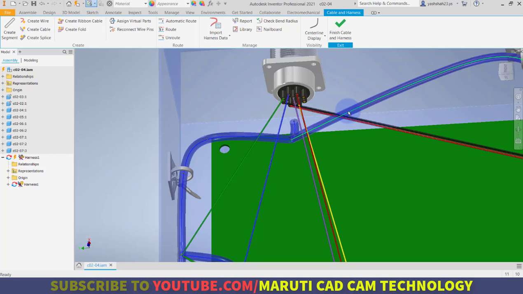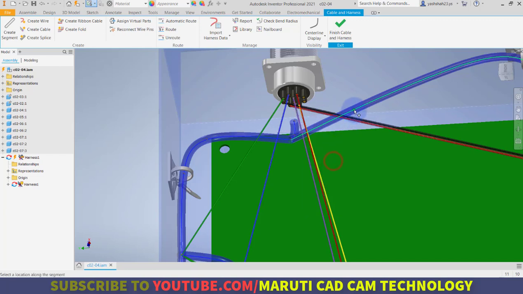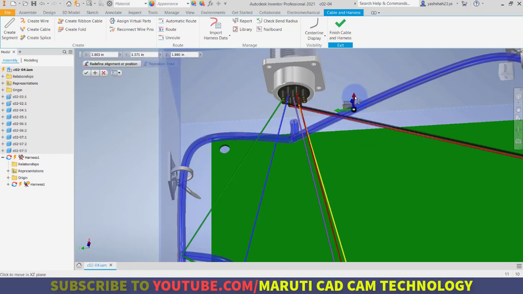Similarly, I can also add a point. So right click here. There is the option of Add Point. So it will add the point, and the same process I can do for better path generation. So select this point, right click, 3D Move Rotate, and right click and say OK.